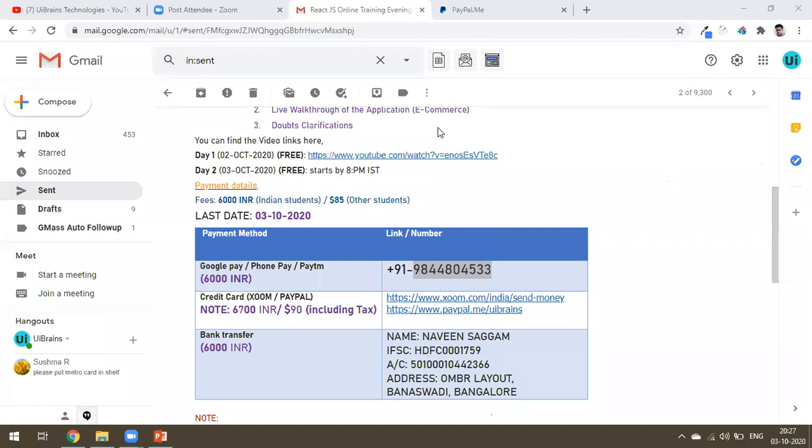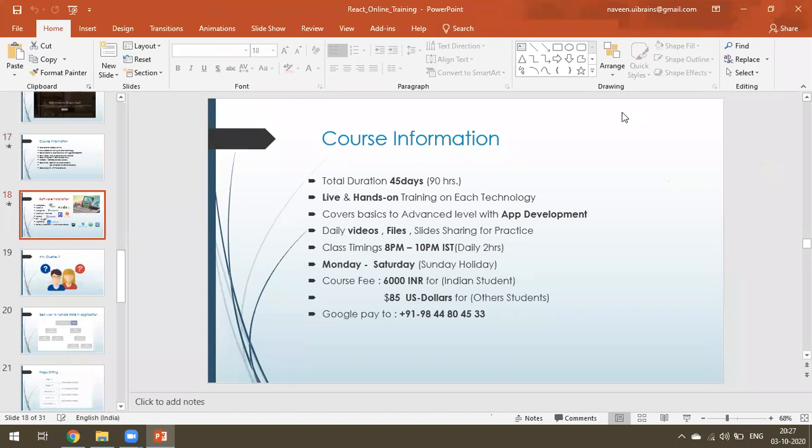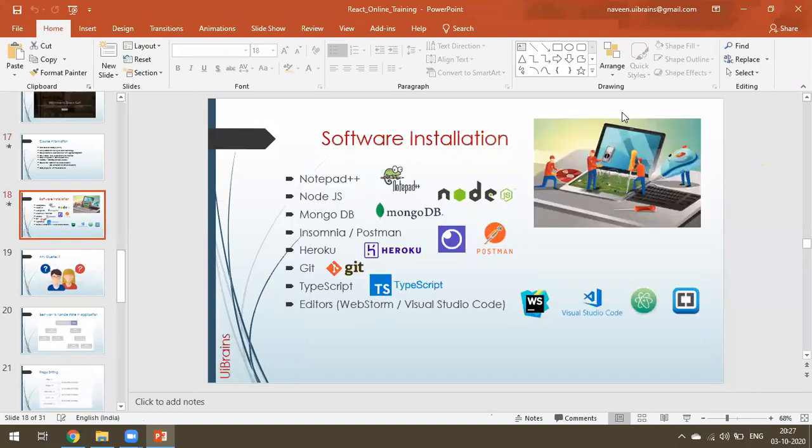And even WebStorm will need a license, right? Exactly, good question. Regarding the WebStorm license, all the editors like VS Code, Atom, and Brackets are free of cost. Everything in this slide is free except WebStorm. WebStorm is a paid one, and it is only available free for the first 30 days.